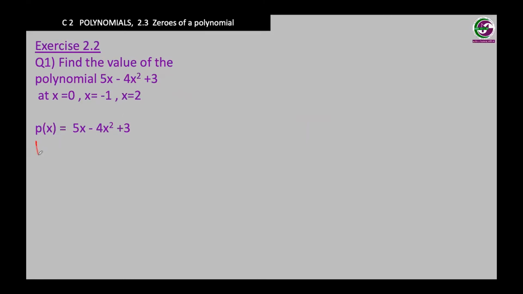P of 0 is equal to 5 times 0 minus 4 times 0 power 2 plus 3, which is equal to 5 times 0 is 0 minus 0 power 2 is 0 times 4, again 0 plus 3. So your answer is